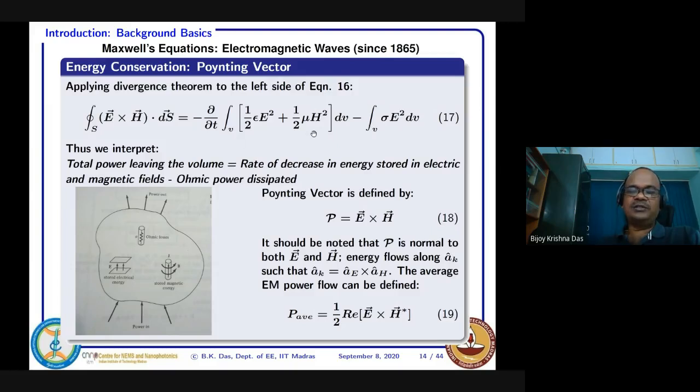And this part is basically the total energy density, comprised of electric field and magnetic field. Then you take the rate of change in that particular volume, how much it is changing per second, per unit time. It can be positive, it can be negative also. If it is positive, that means some source must be there. And if it is negative, that means in that particular region the energy will be dropping and it will be going somewhere else, outside.